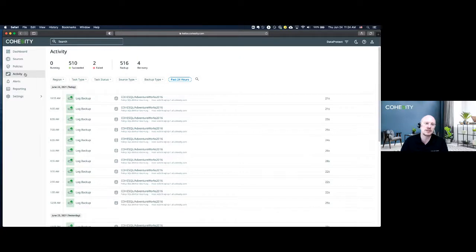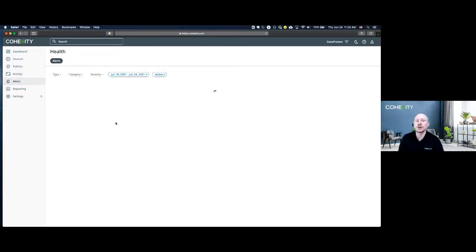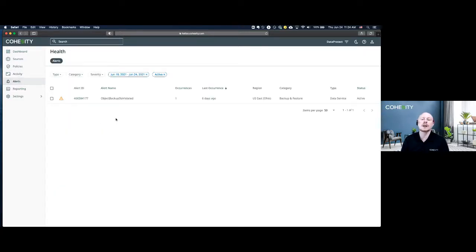If you need audit logs to make your audit teams or your compliance teams happy, we'll give you the ability to see what's happening from an activity standpoint. We'll give you all the alerts that you need. So if something fails for whatever reason, we'll give you that. Even if we're just violating SLAs, hey, I expect this to take X amount of time. It took longer. Cool. You can set these up custom for your particular workloads as needed.